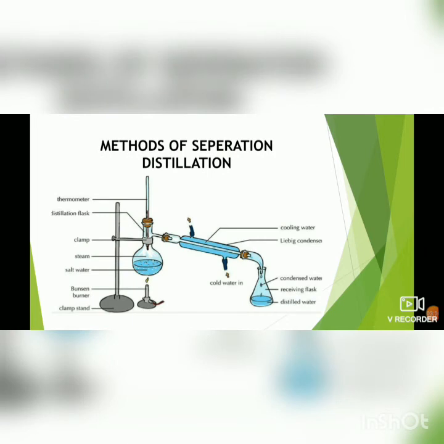If we want a pure liquid from a mixture, suppose we have salt water and I require pure water from this mixture, what do I do? I boil this. When I boil the water, what will I get? I'll get vapors. If I cool this, then what do I get? I get only pure water. This process is called distillation. So remember, in distillation, we boil a liquid, get its vapor and then condense it to get pure liquid. This is called distillation.